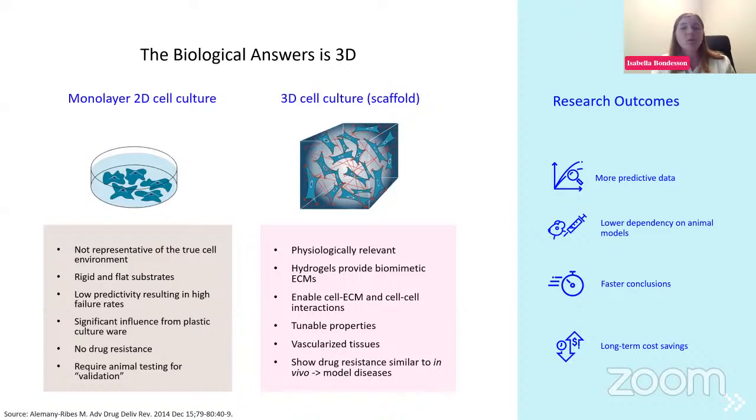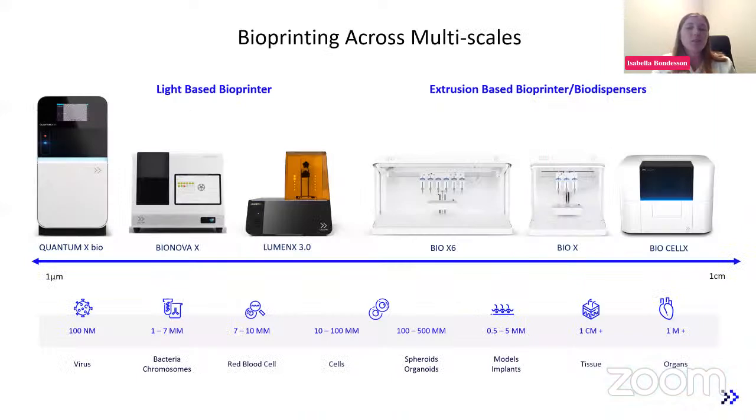And then the tools to form these 3D cell culture models are the bioprinters. And there is today a plethora of options when it comes to 3D bioprinters and 3D bioprinting technologies to use. And with these different options, we have the capacity to bioprint on multiple different scales with a lot of different materials with cells embedded into the construct. So we can actually do live cell printing all the way from the micron precision level up to the centimeter and more scale for the large organs. However, there is